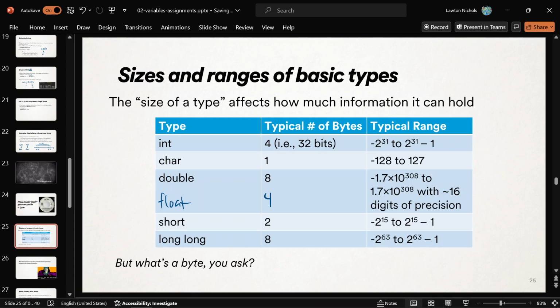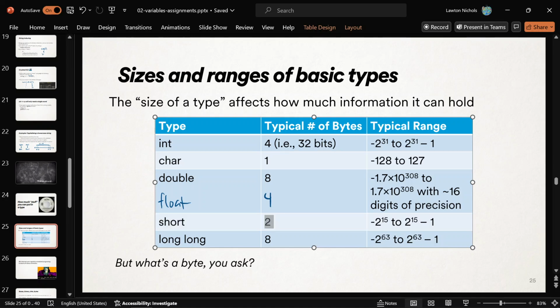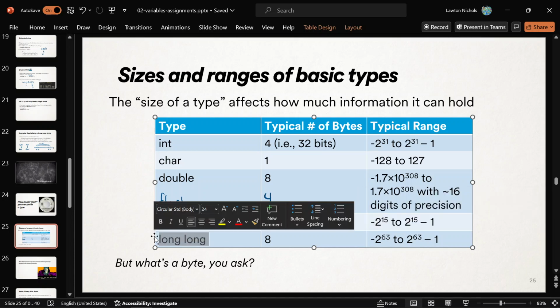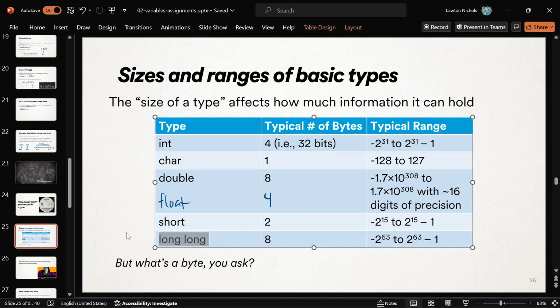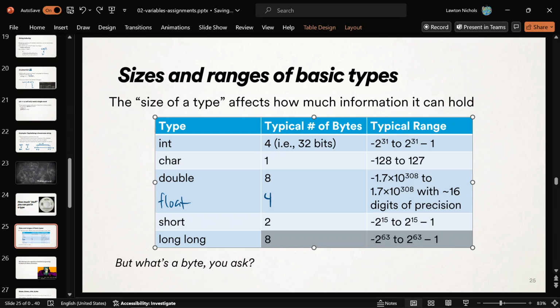Okay. There's other integer types, like these guys. There's a short. A short type is halfway between, it's like half the size of an int, 2 bytes. It can store this range of numbers in smaller amounts of space. And then there is a long, it's like a type with a space in it, which is funny. It takes up 8 bytes and it can store even bigger integer whole numbers. Okay? And so you can use all the ones you want. We're usually just going to use ints and doubles and chars in this class, but the rest of the table